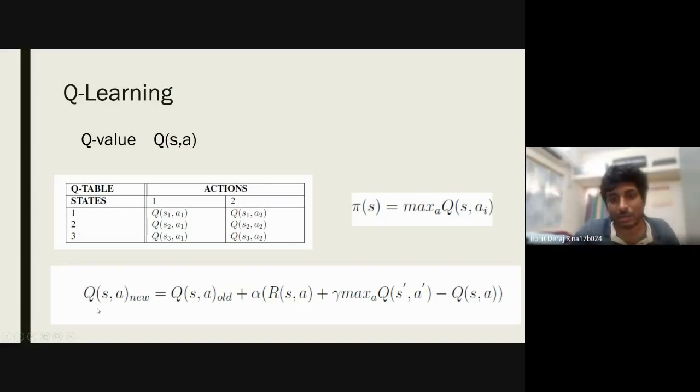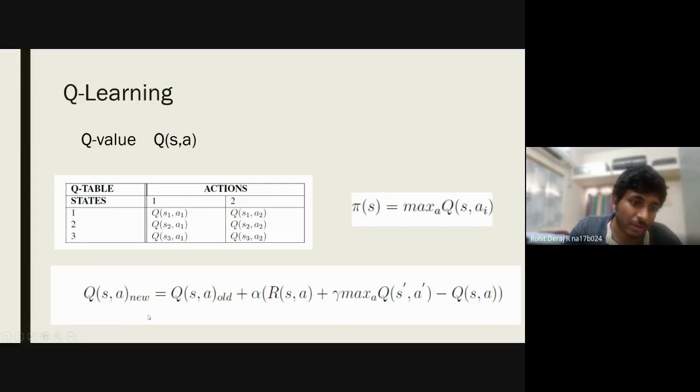So the main aim in Q learning is to find all the Q values. Once you get the optimum value for all the Q values, you completely know your environment and you know what action to take in what state. But at the initial stage, the agent has no idea about the environment and is totally clueless. So your initial Q values may be some random values or everything will be 0. So how to find the Q values is a question here. And that is done using this equation. This is the equation with which you update your Q values in Q learning through experience of the agent.